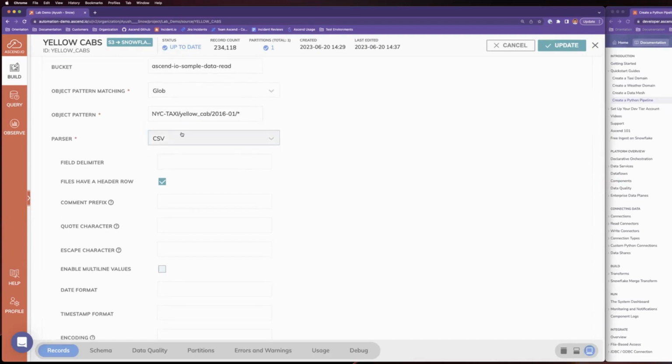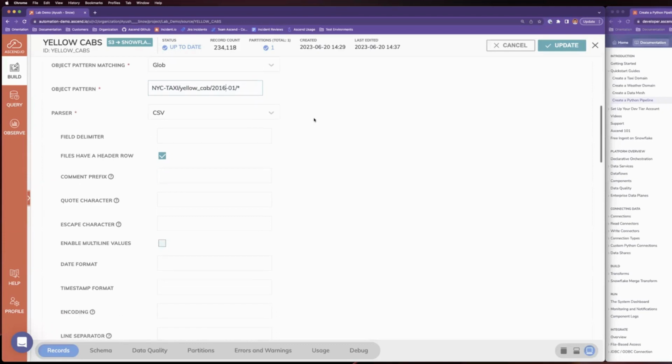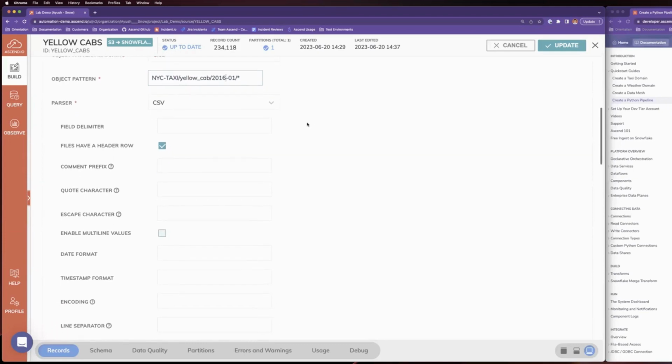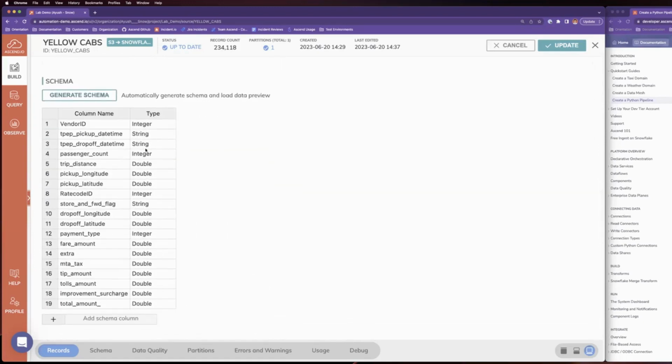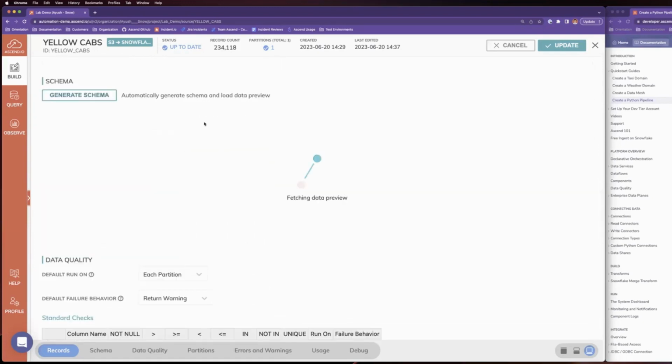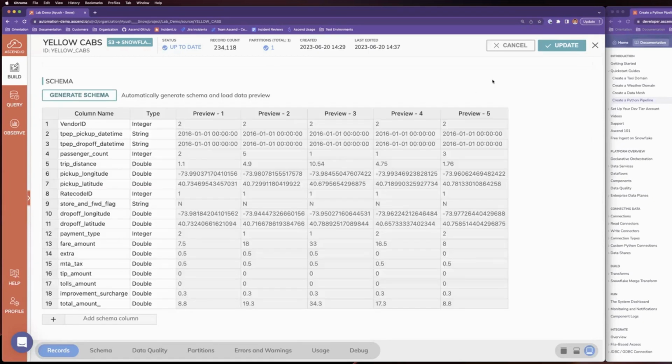Here you can see that we're pulling all the data from within this directory and these subdirectories. So NYC taxi, yellow cab, 2016, so January 2016, and any file in there, and parsing them as CSV files with a CSV parser, right? And we know that this will end up in this schema. So if I hit generate schema now, it'll automatically produce that schema and produce a record, right? For those of you who've done the previous labs, this should be very familiar. This should be a preview of the records that you have, and that'll be the sort of data that we pull in.